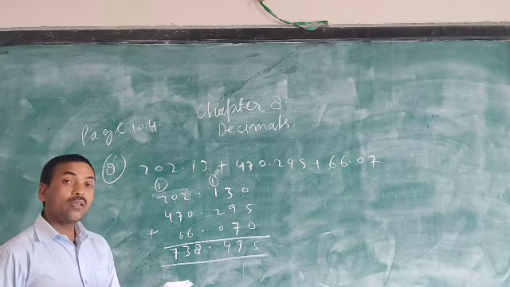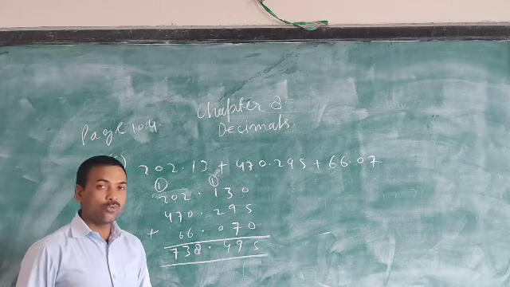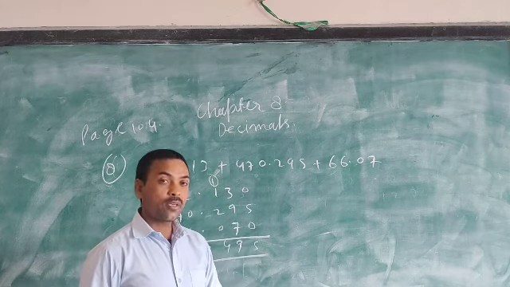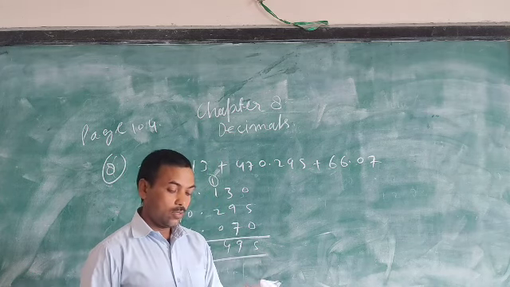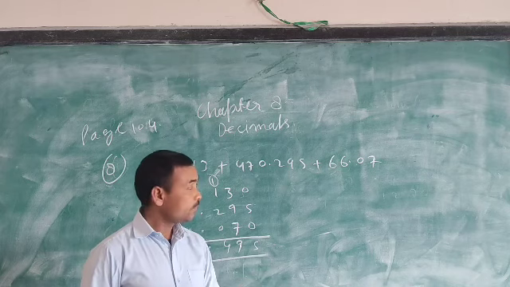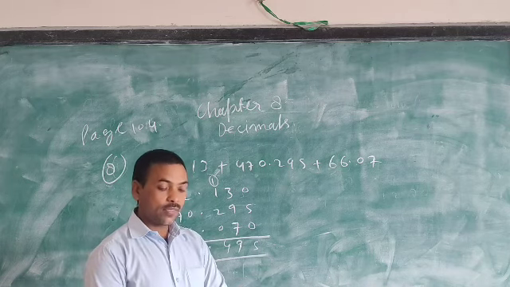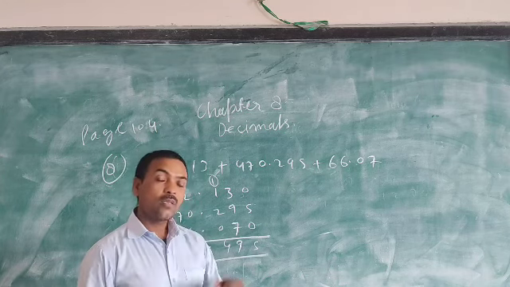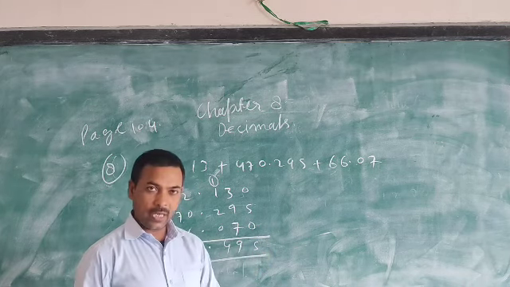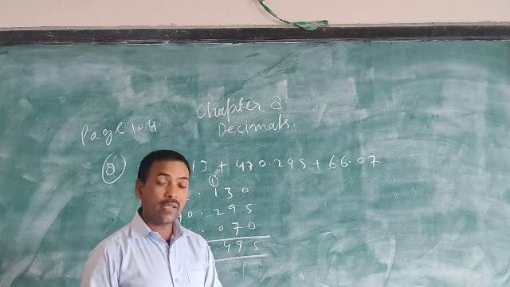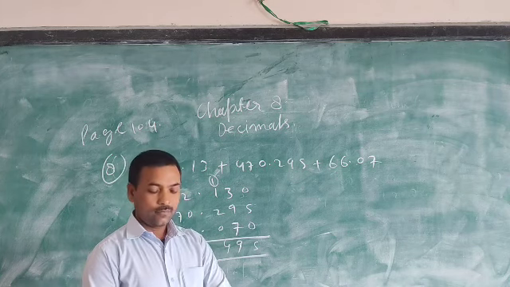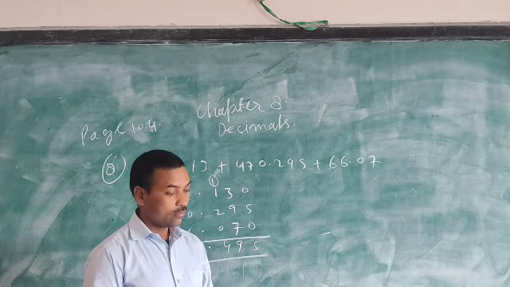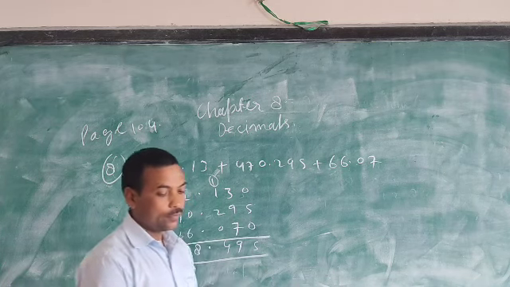So I hope problem solving. You know how to use the operations in problem solving. So here problem solving you can complete by yourself. I hope you will complete. And after that, subtraction of decimal numbers. Before, I taught you addition of decimal numbers; easily you can do subtraction of decimal numbers. All the process is just like addition. So by doing some questions, 1 or 2, you can do this also.